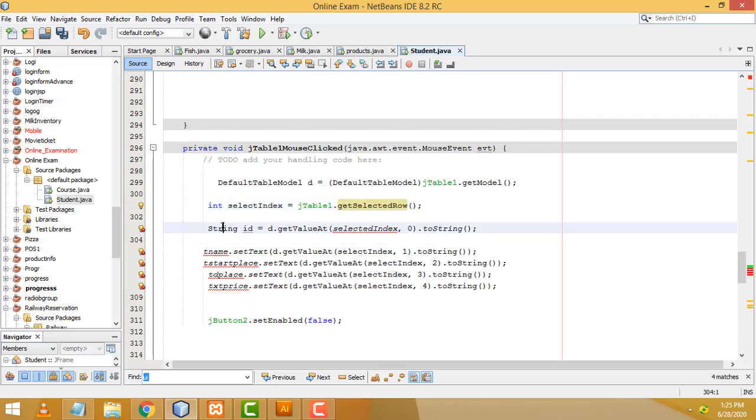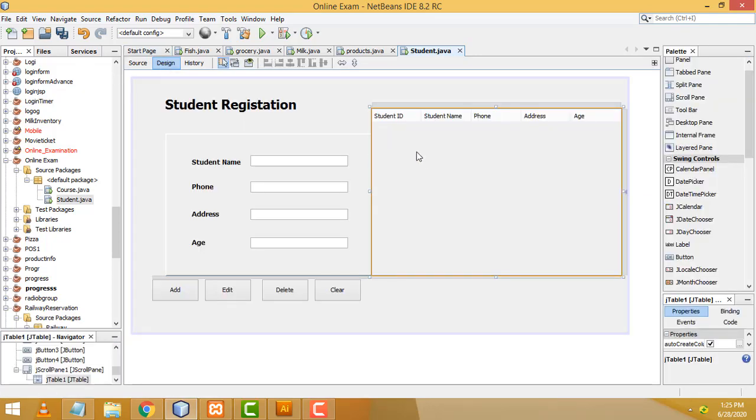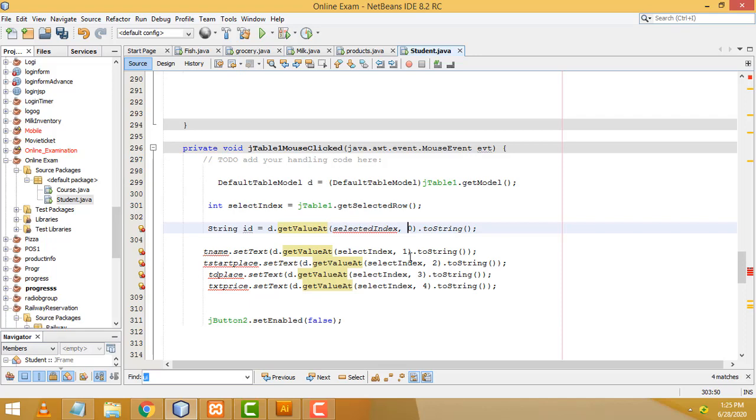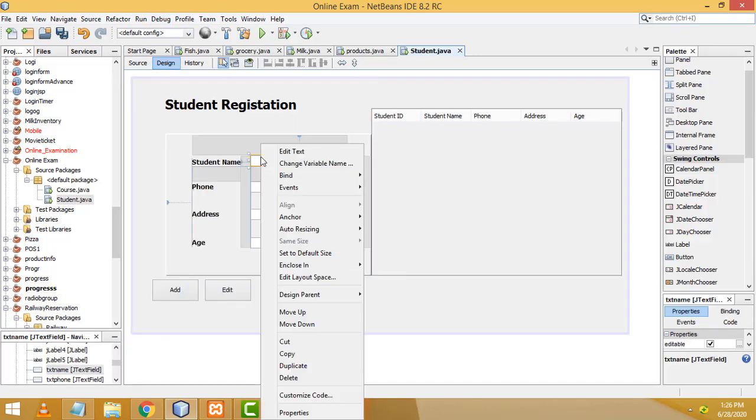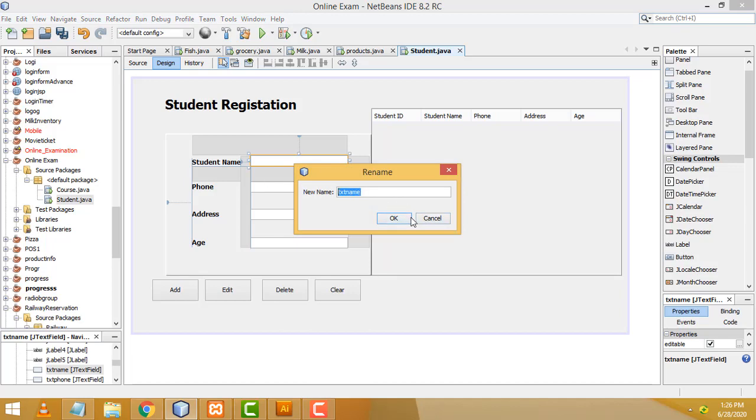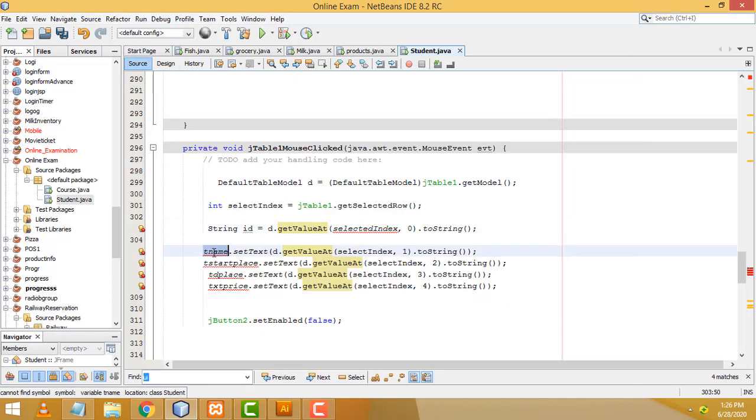So here first you have to create the variable ID. First you select the 0 index, meaning this is 0, this is 1, 2, 3, 4. This is how the J table works, right? If you select this one, this particular ID should be the ID at position 0. After that, we have to assign the relevant text box for edit record: txt name, Control C to copy, Control V to paste here.